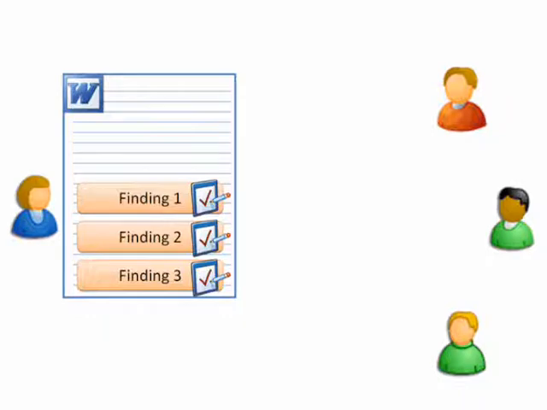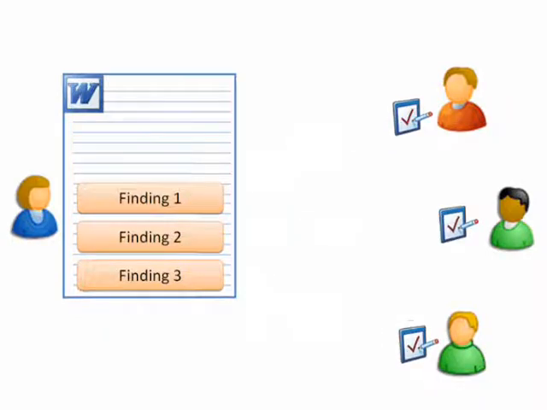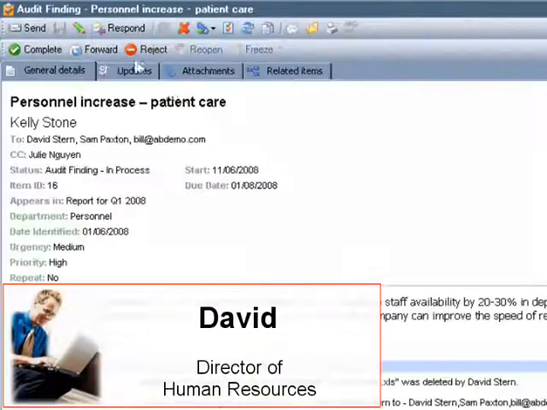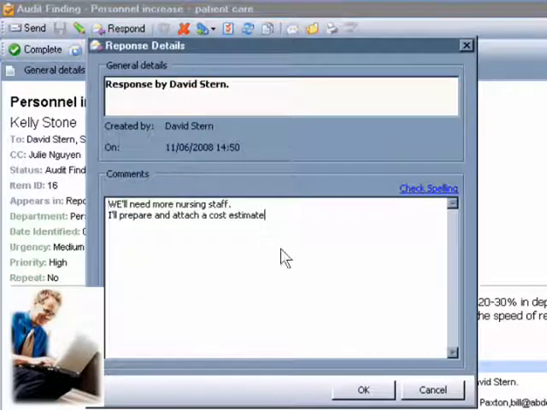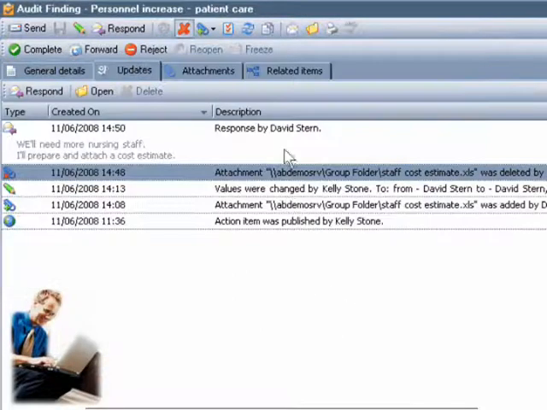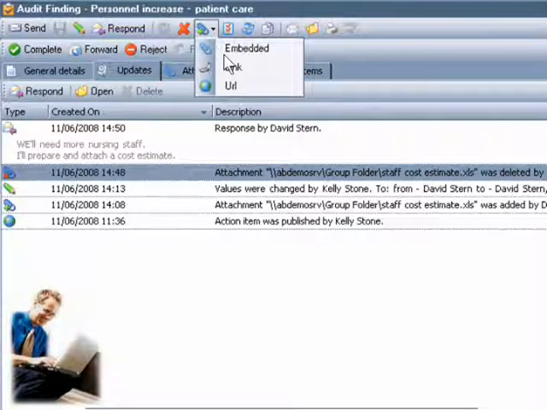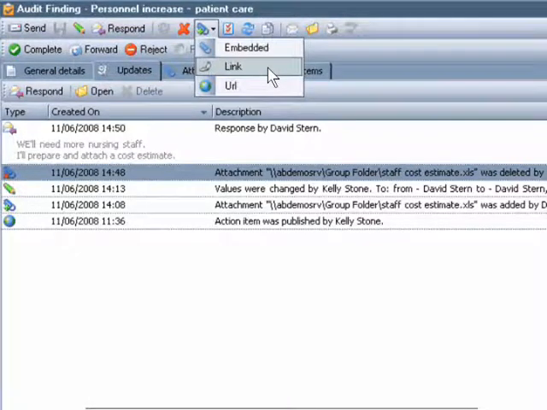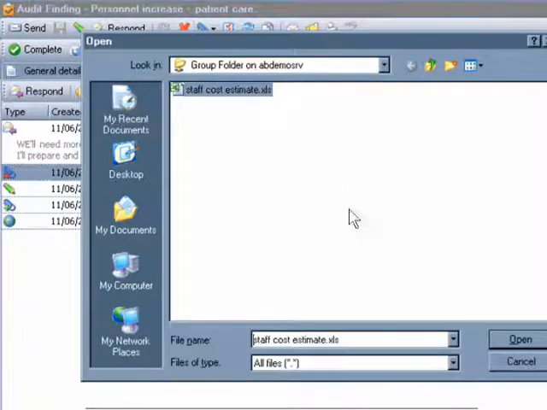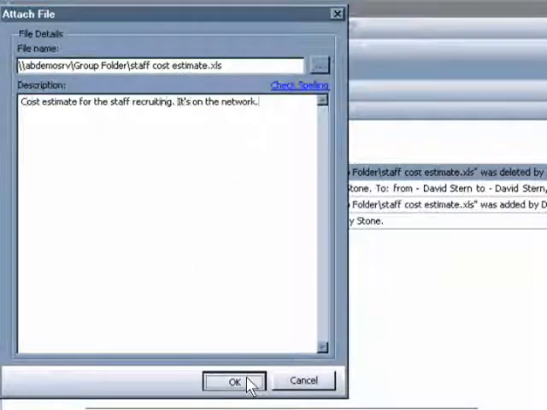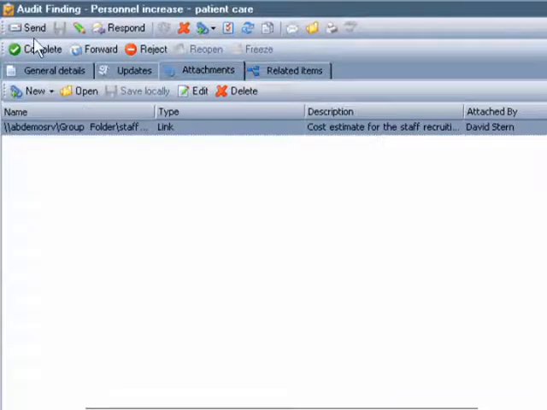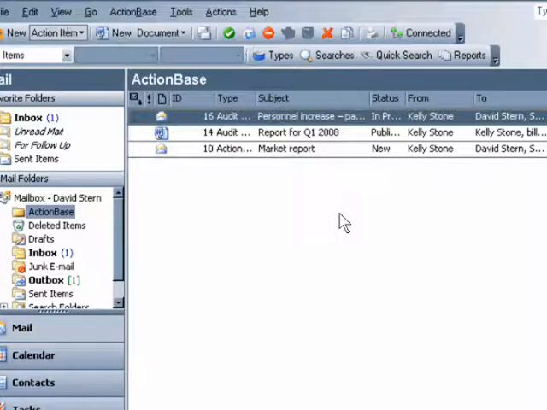The action doc automatically sends each task to the relevant assignee as action mail. David, Sam, and Bill from personnel receive Kelly's recommendation to work on improving staff availability. They now all work on the same email, and when David responds or adds an attachment, everyone's immediately updated. Since there's only one action mail, there's never confusion about who's doing what or where things stand. The four are now collaborating efficiently.